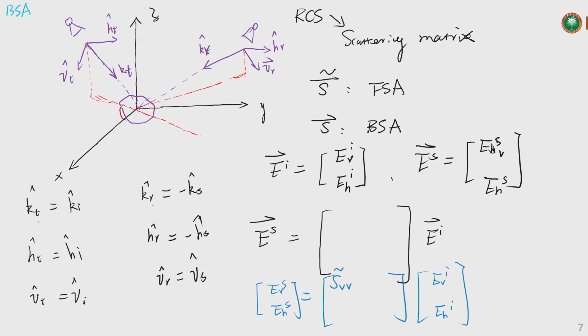Is it correct? From H to V. So S H to V. So this term is from V to H. All right. So this is from V to H. And this term is from H to H. So we can get the expressions from all these terms